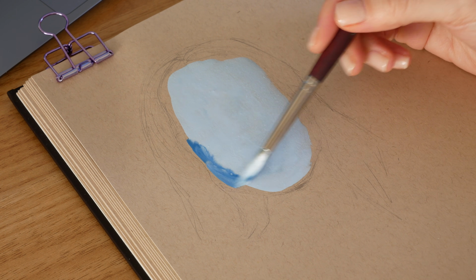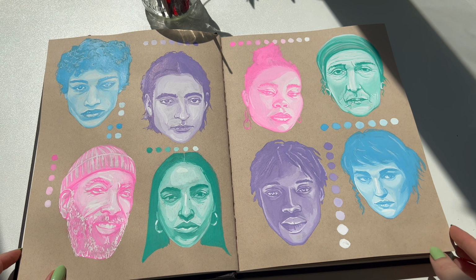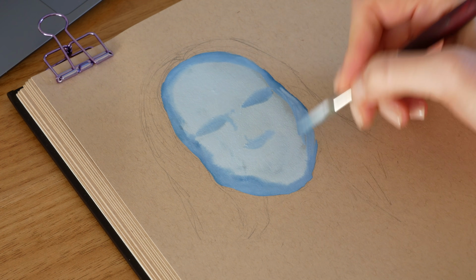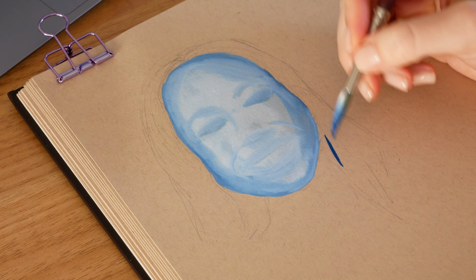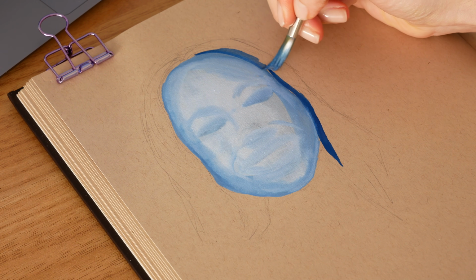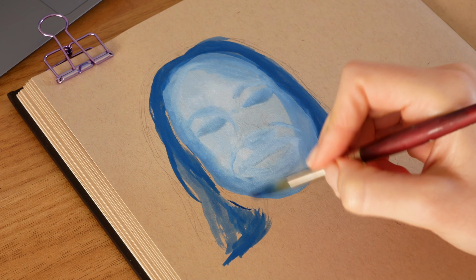But honestly, you can do these in any colour you like. I've also done these in pastel colours. The point is that you're able to achieve a range of different shades from dark to light, the darkest being the colour you select without being mixed with white, and the lightest being white, so you can set that range with different colours. This monochromatic approach is going to help you think about one thing less and concentrate on two things: